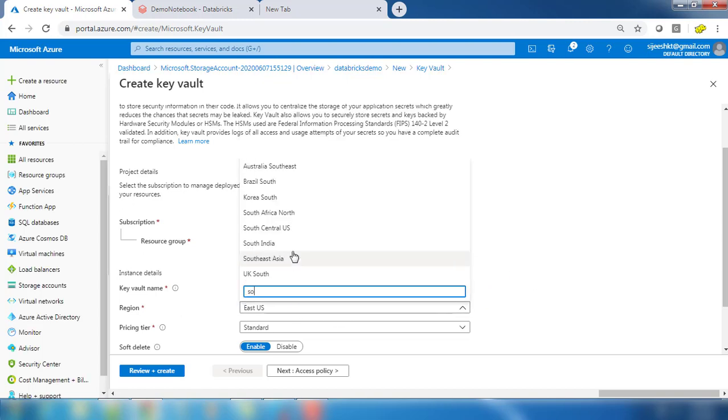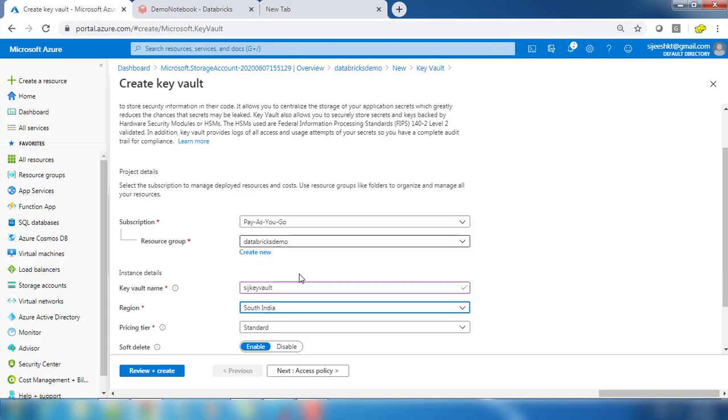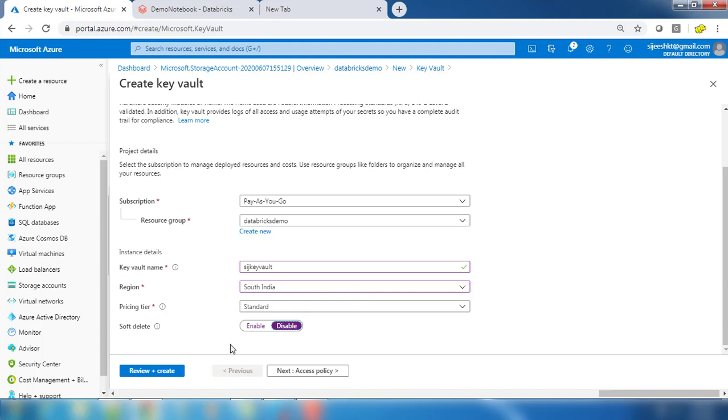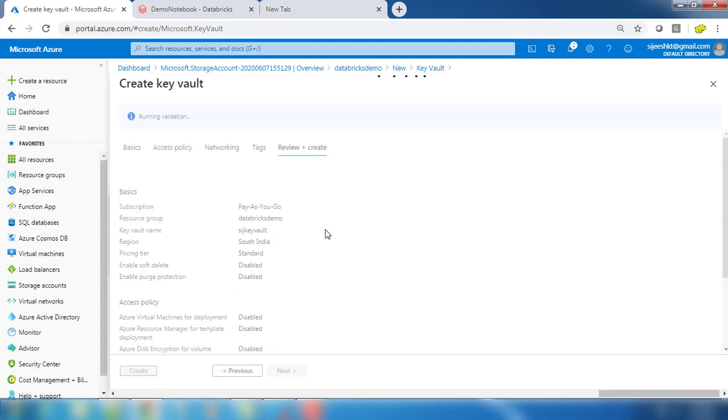I'm choosing South India, which is the closest data center to me. For pricing tier you have premium and standard, and I'm choosing the standard one. Soft delete, I don't want this option. That's it. Then review and create.